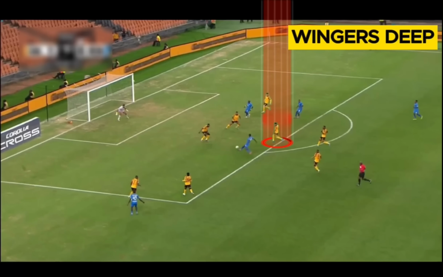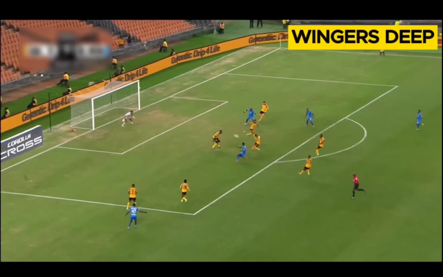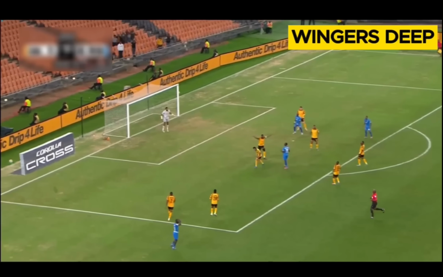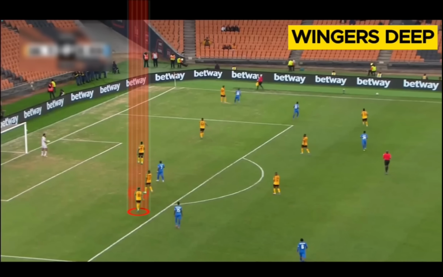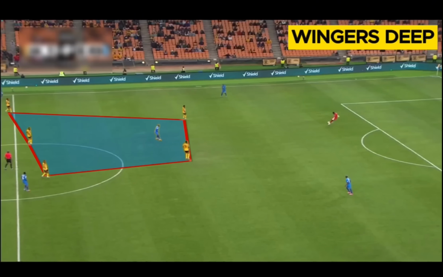Like Gaston Sereno comes on and he's playing on the wing because Mtusha Balala was made a 10. But that's Gaston Sereno inside Kaizer Chiefs' box, and he's there intercepting the ball. And it doesn't end there because Kaizer Chiefs are defending. You see him, he's right there inside the box of Kaizer Chiefs defending, because when Chiefs were defending, they are